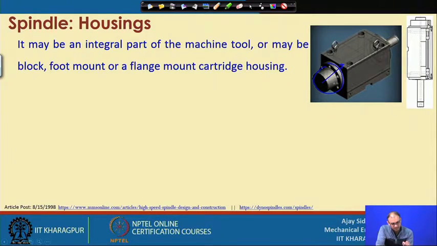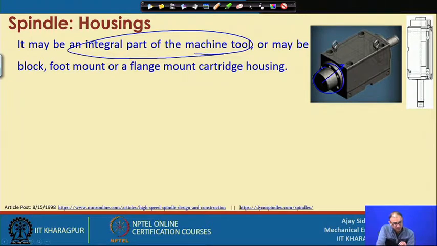So, it will retain the spindle at one particular location, and it will not allow any type of movement. If you want to fix this particular thing, then you can change this integral spindle without changing this part. Sometimes it is an integral part of the machine tool. If you know which particular spindle you want to use, then you can put it as an integral part.